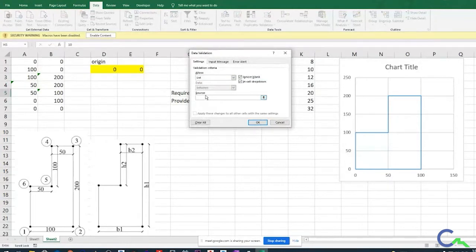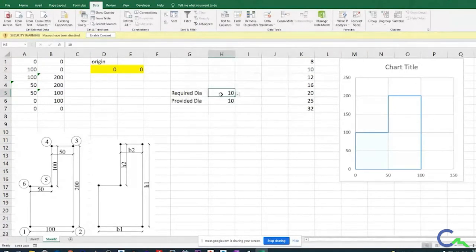So again I can give 8 comma 10 comma 12 comma 16 comma 20 comma 25 comma 32. I have given all the list over here by giving comma. Then I will click OK. What will happen the next time? I will get all the list. So whatever the diameter I want, I can select from here.